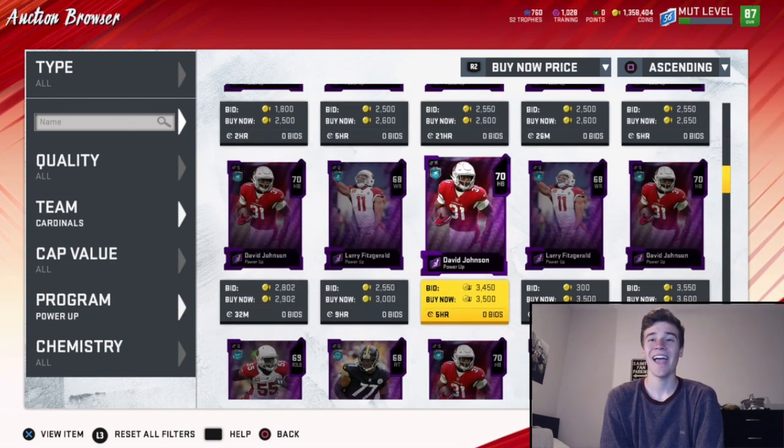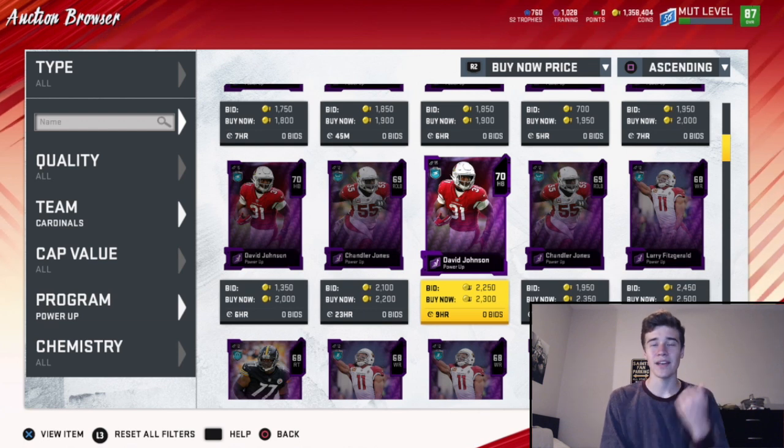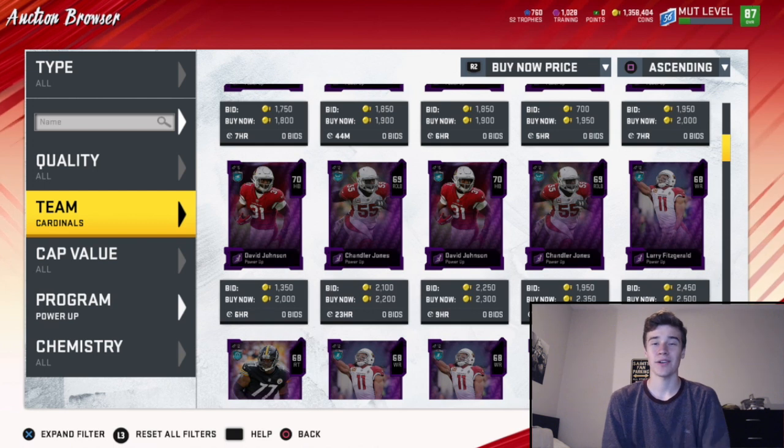Let's say you buy like 10 of his power-up cards at like 1,000 coins or 2,000 coins, around that area. Then literally in about a day, right as his card drops, or even just a bit before it, when people are really hyped up about his card and maybe they see his stats are really good, you can resell his power-up. I guarantee you it'll be going for like 10,000 coins or more, and you're going to be making 8k on each card you bought. So basically all it's going to require is you to be on Ultimate Team while you're